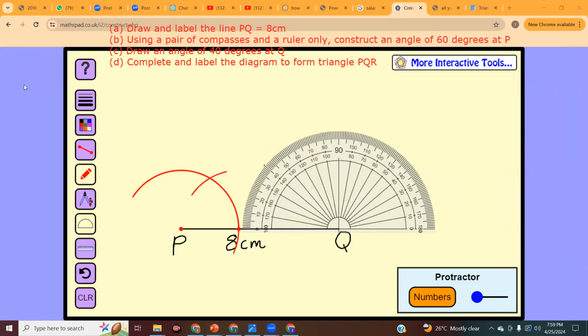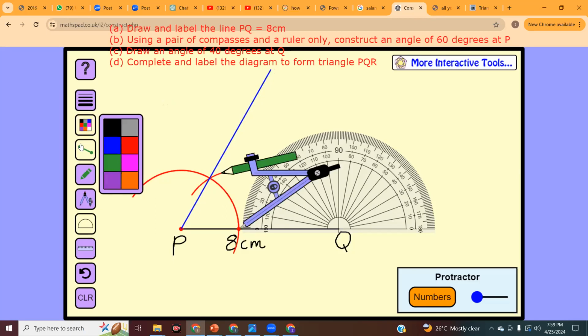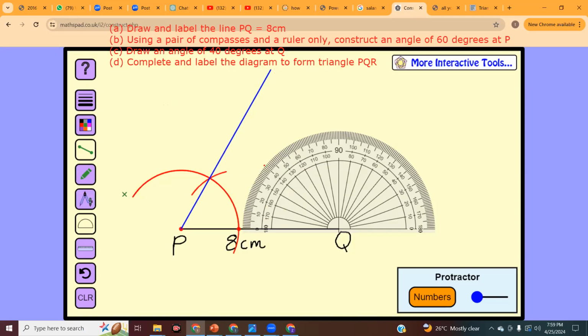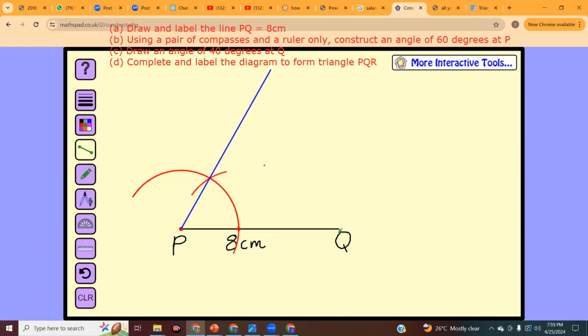Okay. So we're gonna use a blue one to indicate where this one go. I'm gonna use a blue line. So I'm gonna draw it. It has to go 60 degrees, right? I don't know how long it needs to be, so I'm just gonna draw a long one, right? And then I have to draw another one. We're gonna call this the green one. Let me put my protractor here, and I'm gonna go from here. Remember, it has to cut at 40. So I'm gonna go right there.